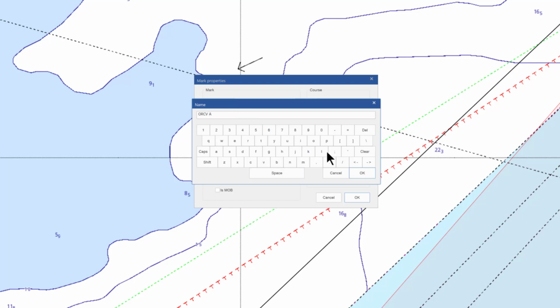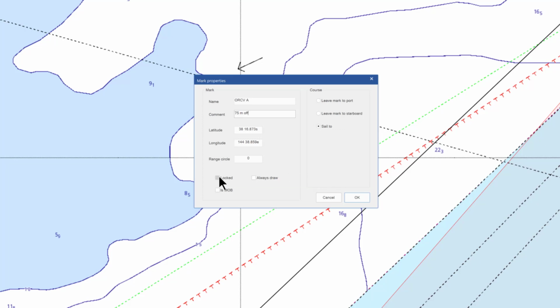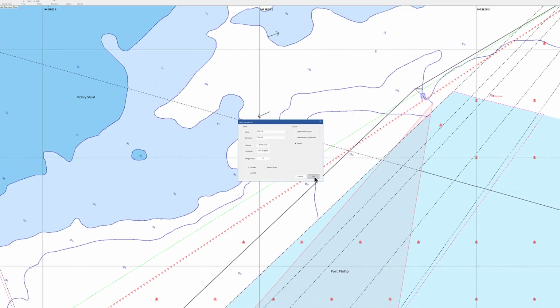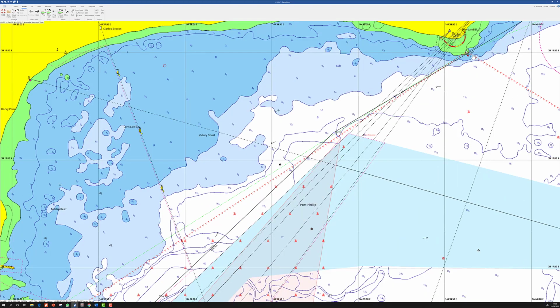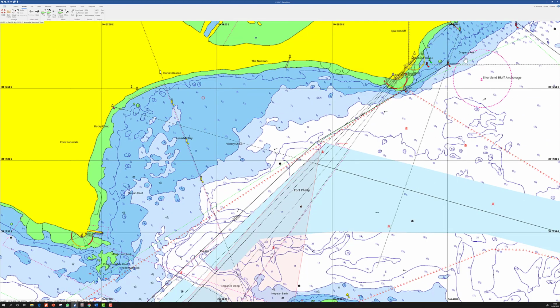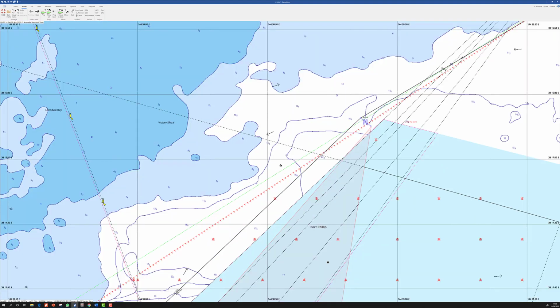And I'm about 75 meters off, so I'm going to say 75 meters off, and I'm going to lock it,